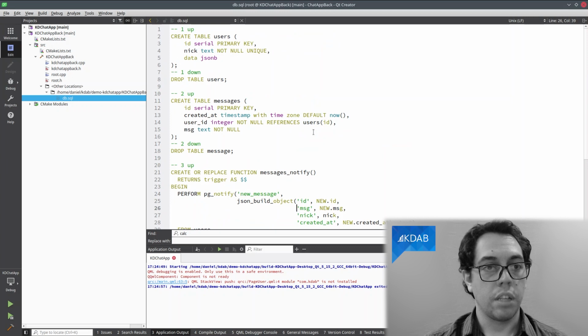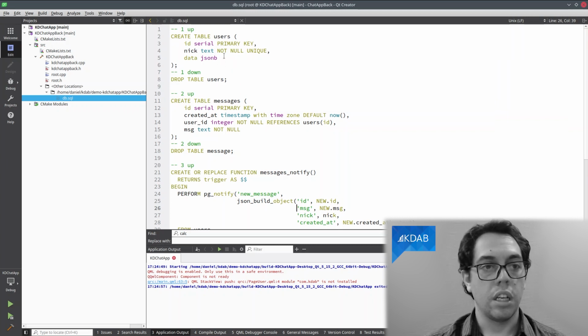So this database is going to create a users table where you have the up script. It's going to create the table. If you want to roll back your database, you have a down script. So this script is run by ASql, and it can do the database maintenance easier for you.